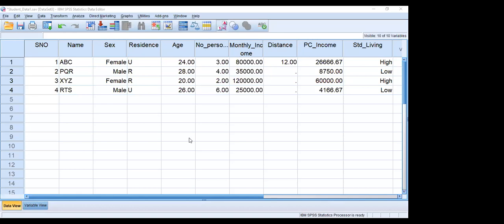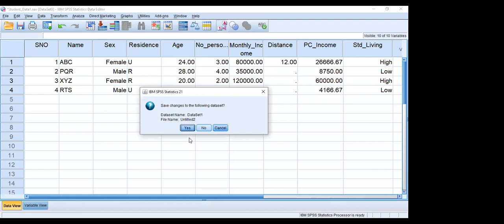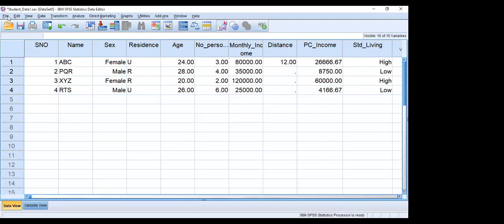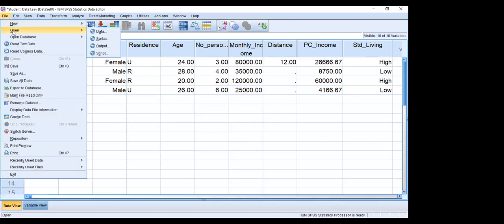Okay, I will demonstrate once again how to get it. Click on File, Open, Data.